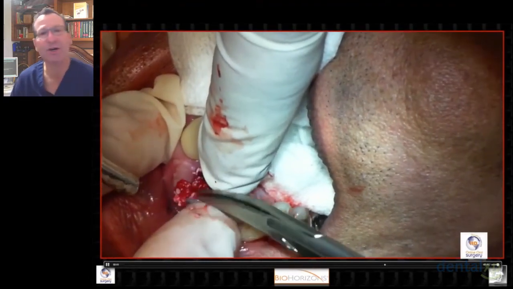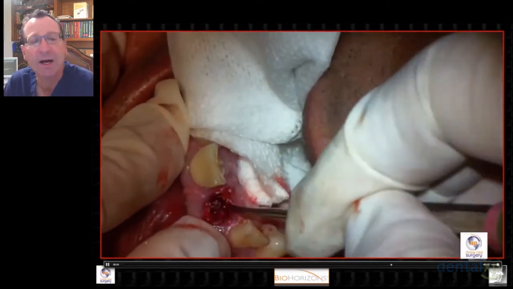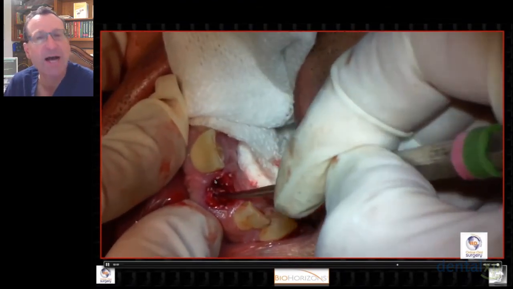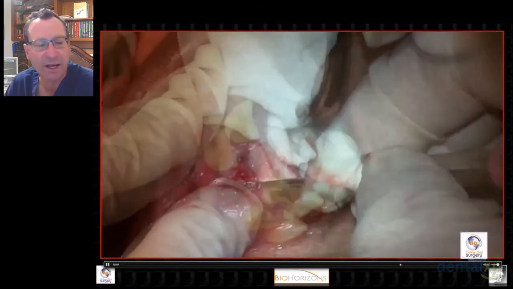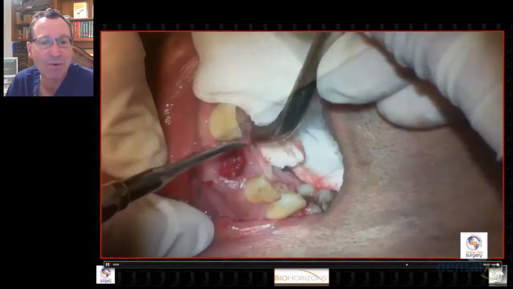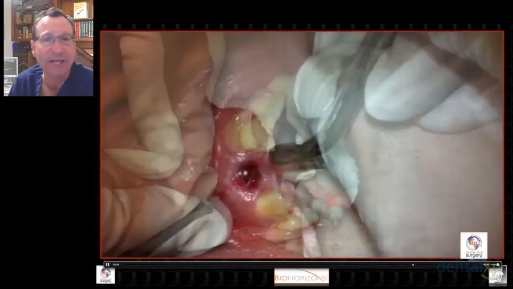We're going to trim our collagen tape here so that it doesn't overhang. We're going to finish compacting our graft and then clean it up a little bit and then take off our cover screw. And now we're ready to place our immediate prosthesis, which has been prepared in the lab off of